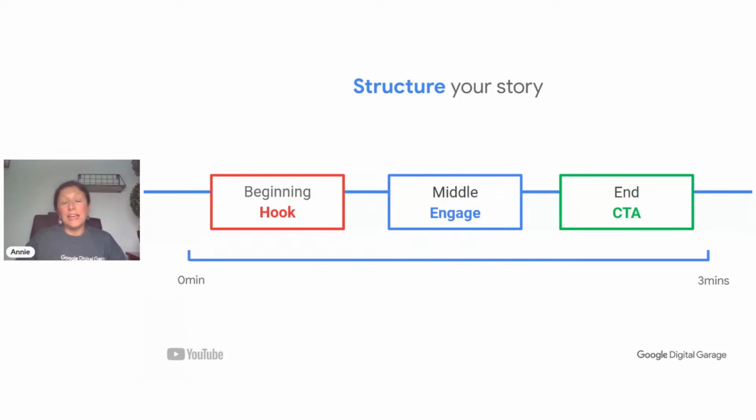So at the beginning, it's about grabbing your users' attention and getting them hooked into what you want to do. Get them to continue watching. What is it that you could talk about and summarize in a powerful way at the beginning? Maybe you could create a mystery about what's going to come, or maybe you could give them a problem that you're going to solve at the end. There's different ways that we can create a hook. The engage is the main part of that content. So it's the main part of the story.